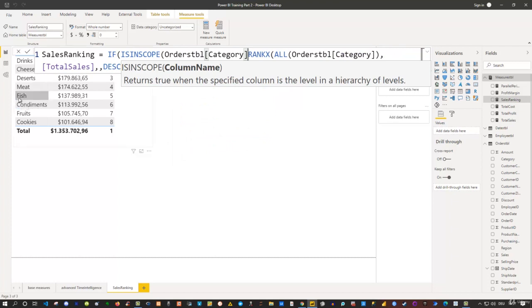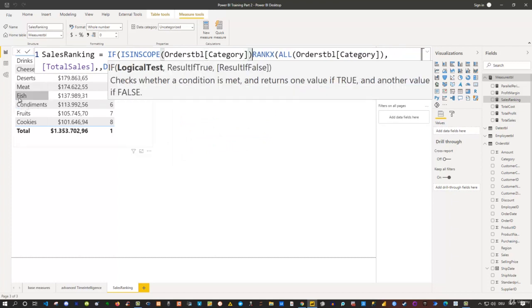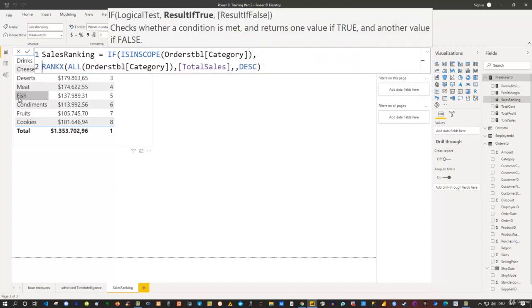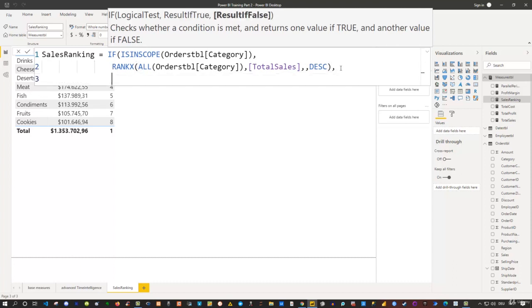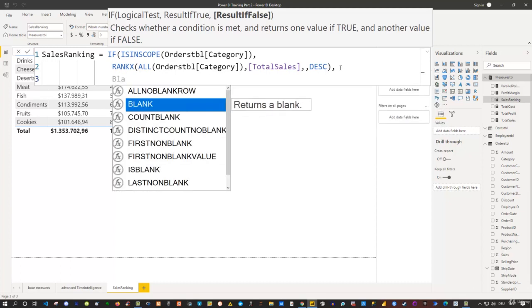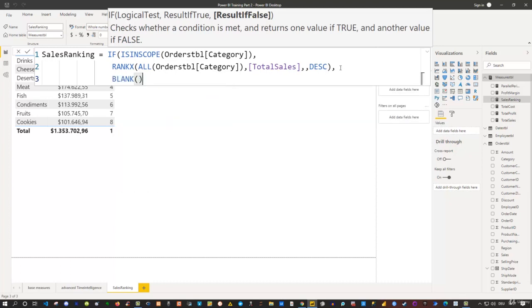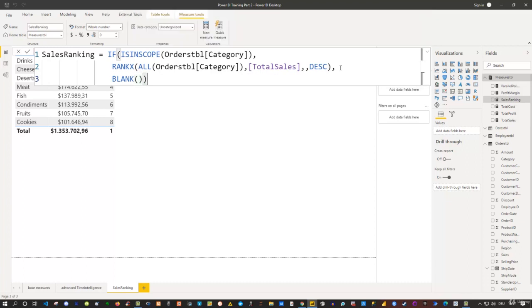So if that's in scope, and only if that's in scope, if this is true, then we say what we want to return if it's true. So I go into a new line here, press Shift Enter to go to a new line, and then I want to do the ranking. If that's not the case, otherwise, so if false, go into a new line here again and say, then I would like to see a blank. There's a function called BLANK that simply means don't display anything. And now if you close the parenthesis here and you press enter,